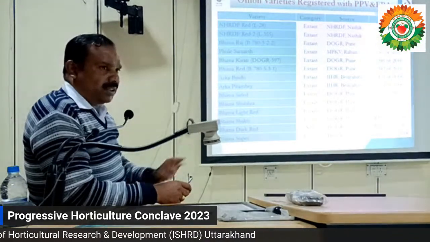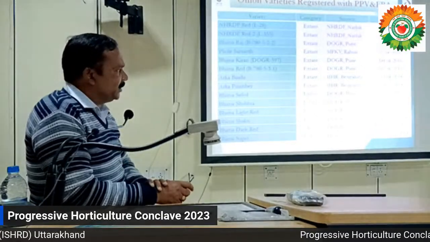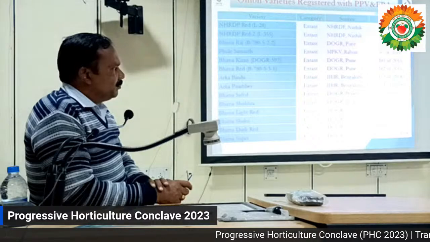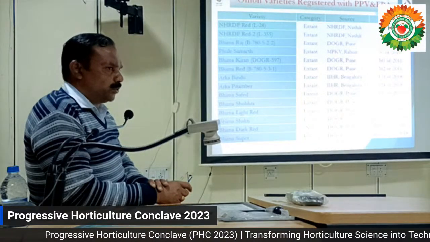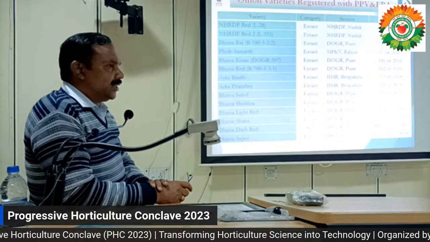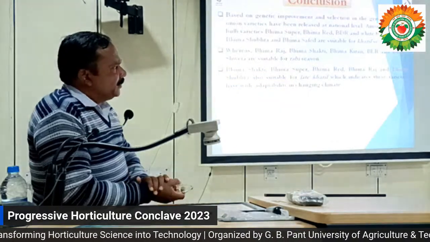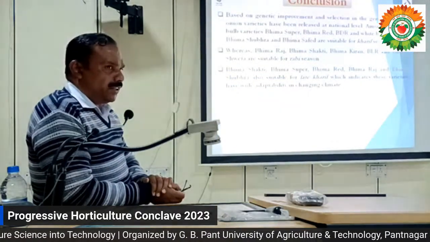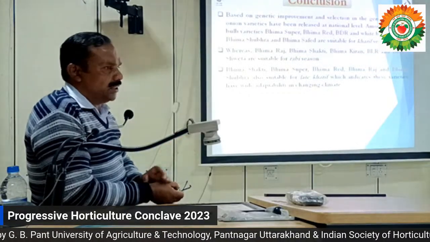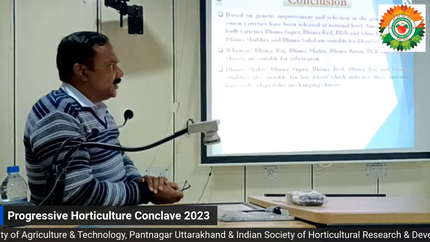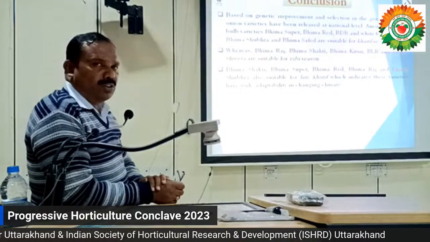with the PPFRA are listed here for information, because protection of plant variety with PPFRA today is a prerequisite for the protection of the variety and availability of genuine seed with the farmers. So we have developed 10 onion varieties which are suitable. Some are suitable for Kharif season, some for Rabi season, and others for late Kharif. But there is a need to develop more and more varieties which are suitable for year-round availability.